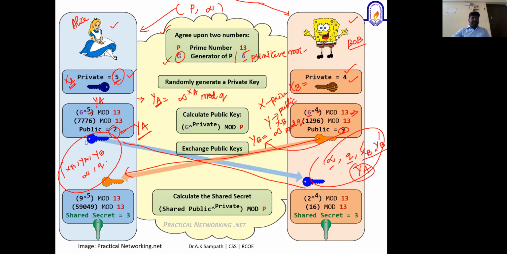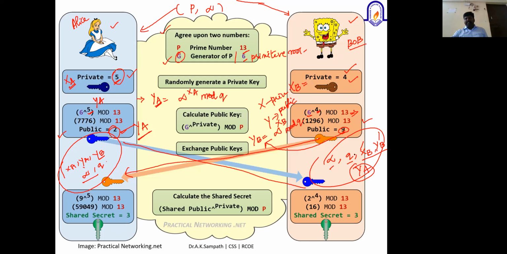Right. I was explaining that once the public keys are calculated by both users, Alice as well as Bob, their public keys can be shared with the other user. After sharing the public keys with each other, Alice will have her own private key and her own public key, as well as Bob's public key, which is YB, followed by the global parameters alpha and Q.